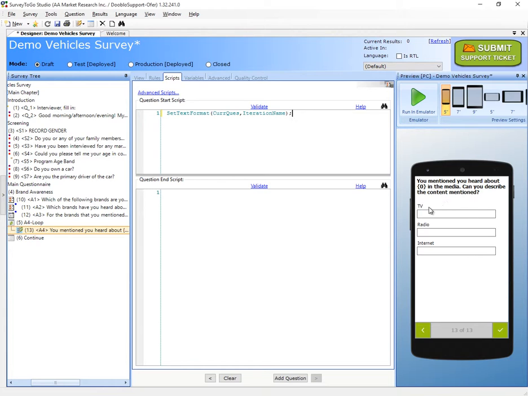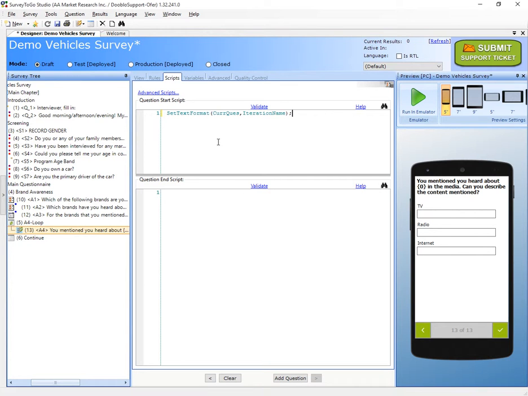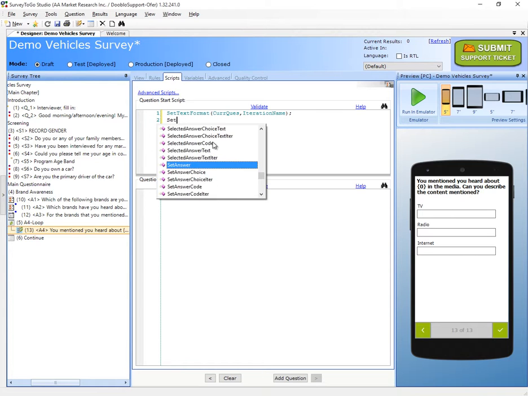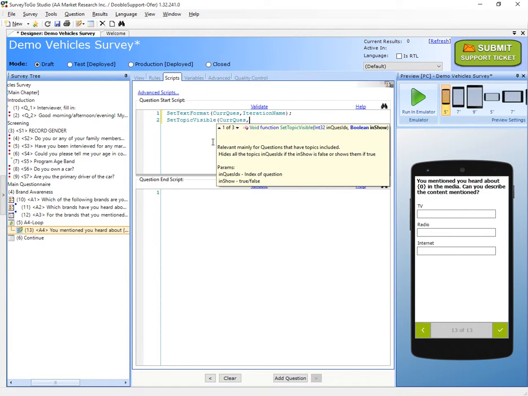Now the last thing I want to do is only set the correct topic, the TV, radio, or internet, based on the answers to A3. So if we jump over to the questionnaire for a moment, we see that in A3 we ask which media outlet was available for those brands. So I'm only going to show that relevant media outlet. And for that, I'm going to do a set topic visible request, and the topic is going to be 1, and only if